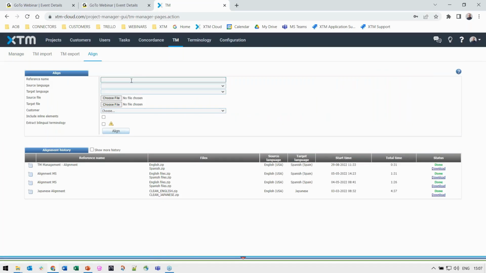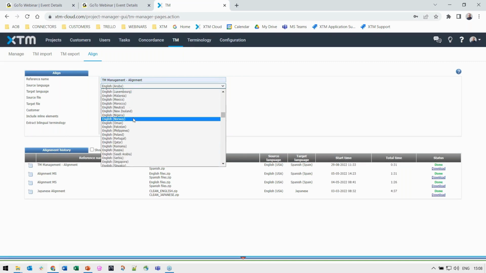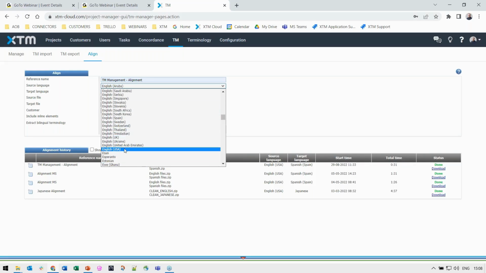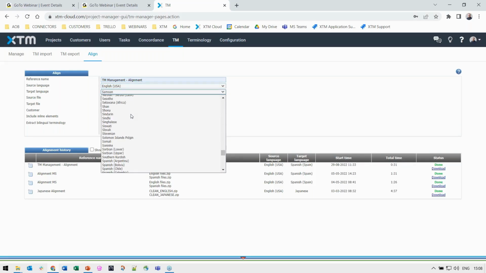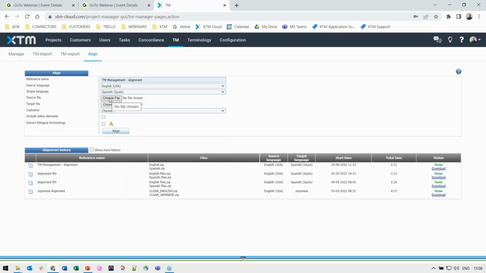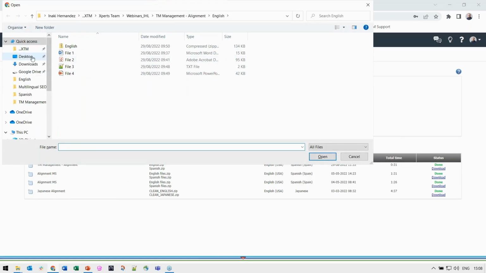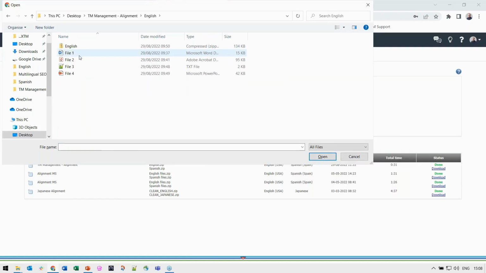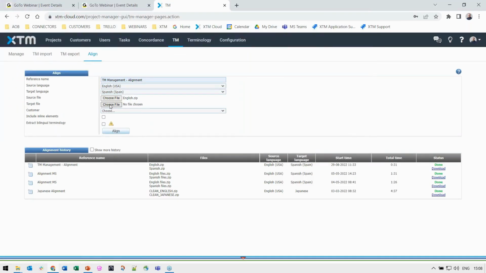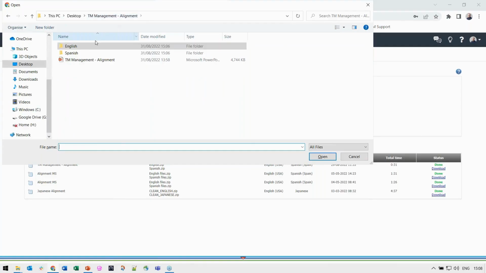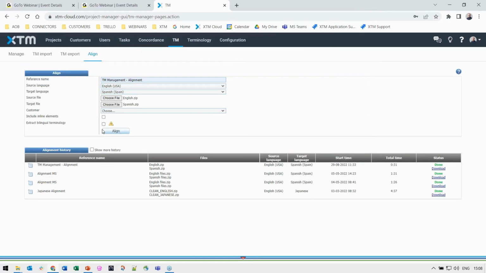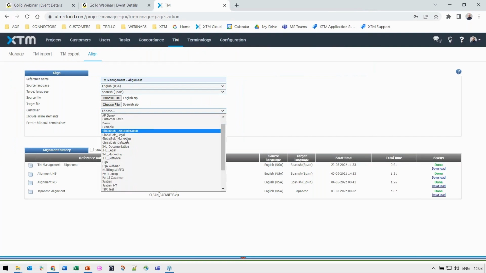So let's create a reference name for the alignment, and I'm going to call it TM Management Alignment. I have already created it for you to maximize the time today. The source language is English, English US, and my target language is Spanish, Spanish Spain, which is here. Now, I choose the files, and remember how we said it's on the desktop. I have my English file here as a zip, and my Spanish files are again here on my desktop under the Spanish directory, Spanish.zip. Okay, I select the customer to which I want to